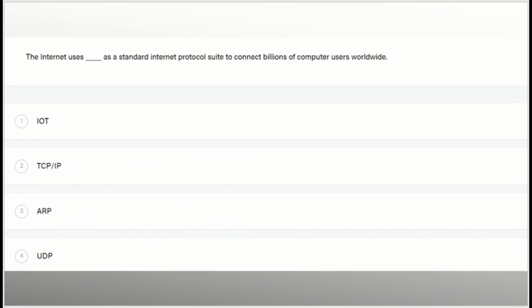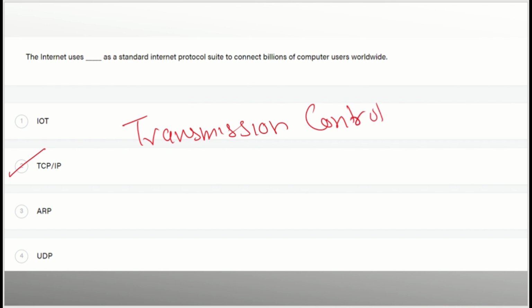Let's move to the next question, which is asking us, the internet uses dash as a standard internet protocol suite to connect billions of computer users worldwide. So I think I've already answered this question. The correct answer is TCP IP, option number 2. TCP stands for transmission control protocol. So the actual work of TCP is basically when, like the example I have used earlier, when you're trying